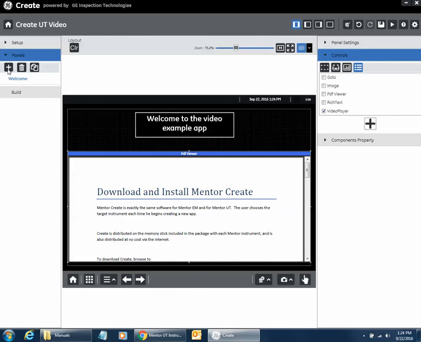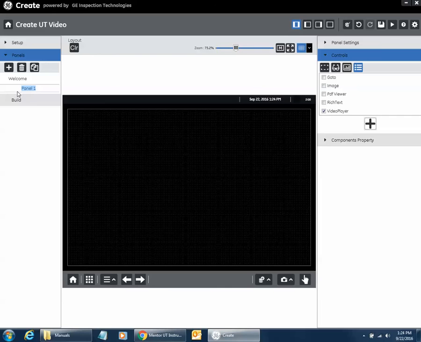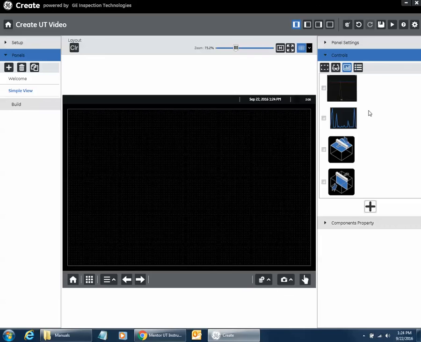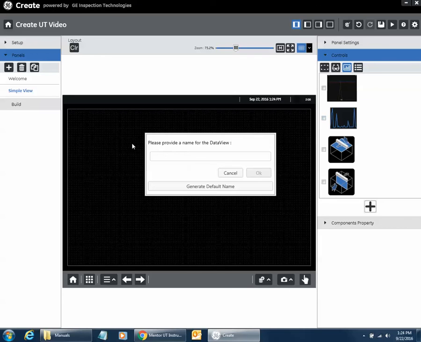So now let's add another panel, and we'll call this one Simple View. And now perhaps it would be interesting to add an A-scan data view. Now I can give names to these data views. I don't have to. I can click this button, the generate default name. Create will choose a name for me automatically. I might want to add it or give it a name,